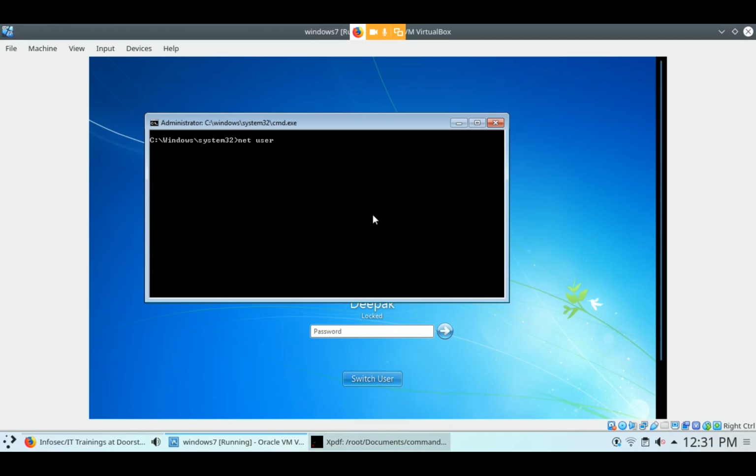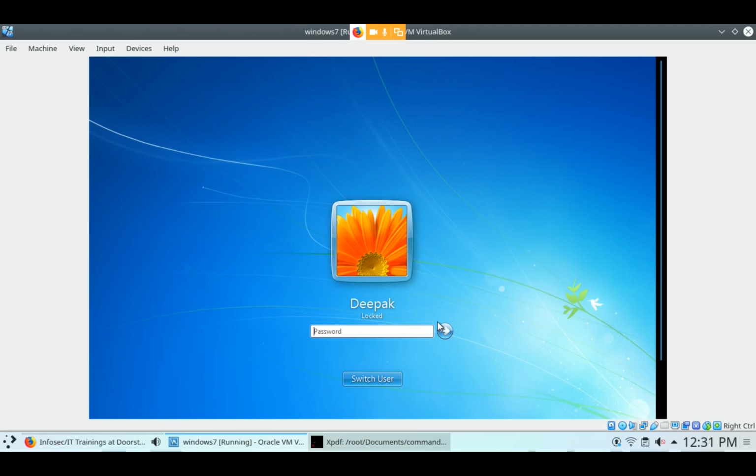After that, if you want to add any user, I am adding a user with the name Harish, then slash add. Hit enter, and the command completed successfully. If you restart your PC, then you can find the user whose name was Harish.